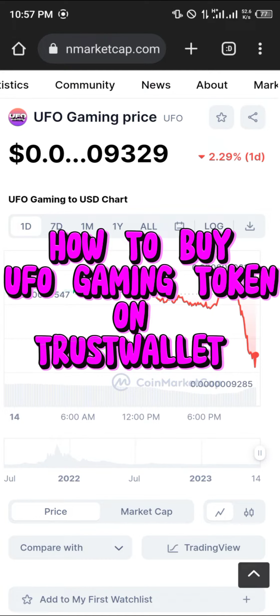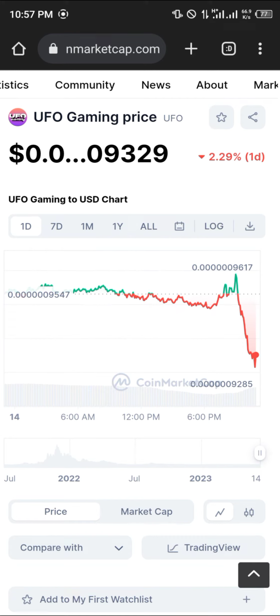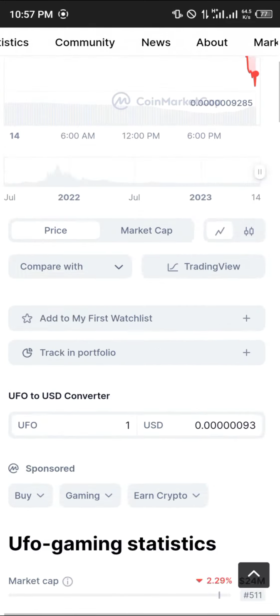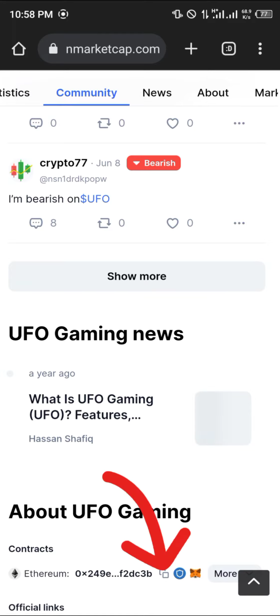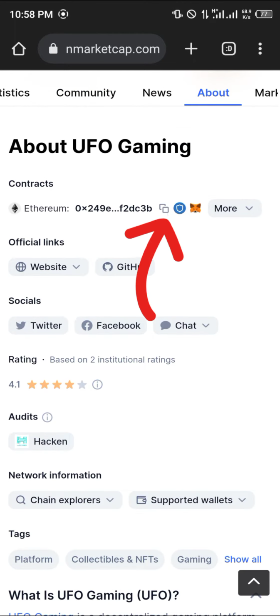In this short tutorial video, I'm going to be showing you how you can simply buy the UFO Gaming Token on your Trust Wallet mobile. First of all, you need to note that this token is built on the Ethereum blockchain. So with that in mind, you simply scroll down till you get to its about and simply copy its contract